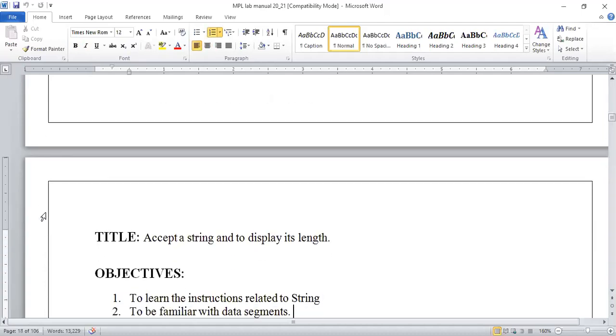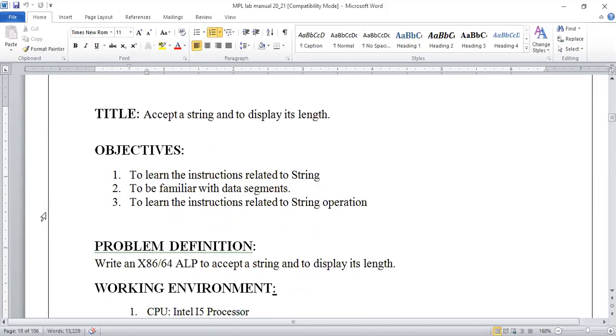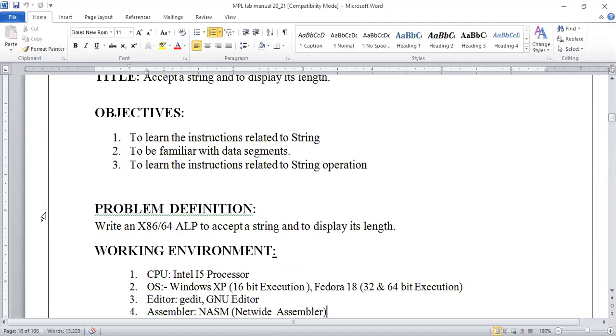The title for this is accepting a string from keyboard input from the user and displaying its length. If we do this simply with C++, there will be inbuilt functions. You can take that string as an input with a specific data type, and depending on that we can get the count and comparison, and display the output. It will be just a matter of a few lines of code. But with the help of assembly level programming, how are we going to do it, that we are going to study.